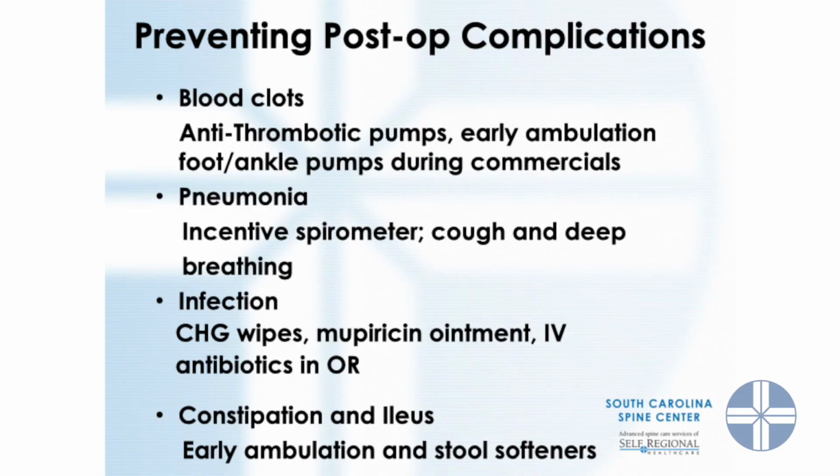Anytime you have surgery, there's also a risk of infection. As you know, you'll be using your CHG wipes that you were given at pre-testing. You will also have the mupirocin ointment that you swab into your nose, and you'll have IV antibiotics when you're